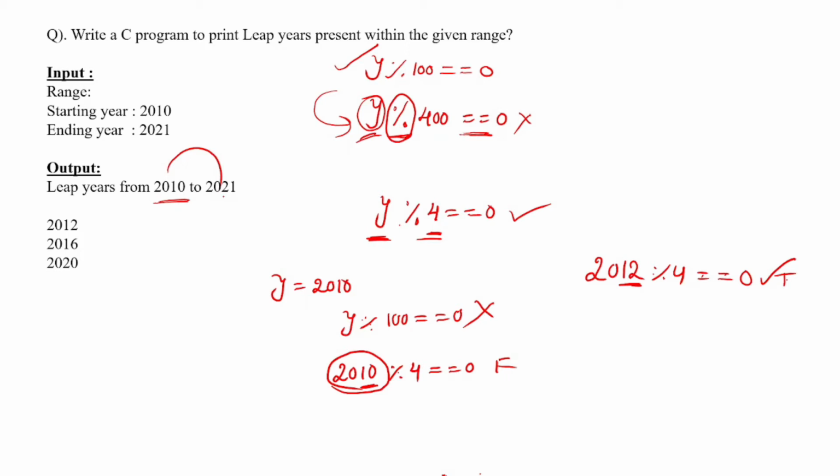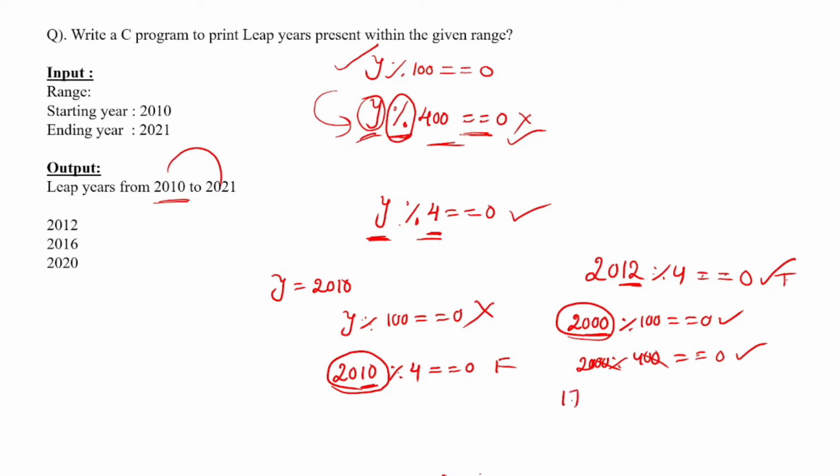Actually, in this given range, there is no century year. But suppose I want to take a century year for explanation purposes, take 2000. This is a century. 2000 modulo 100 equal to 0. This is a multiple of 100, so this is a century. Now check this condition. 2000 modulo 400 equal to what? Completely cancelled, so 0. This is correct, so 2000 is a leap year. This condition is satisfied in the case of 2000.